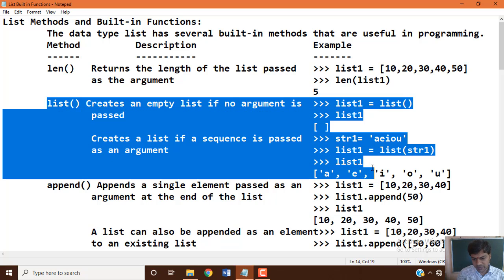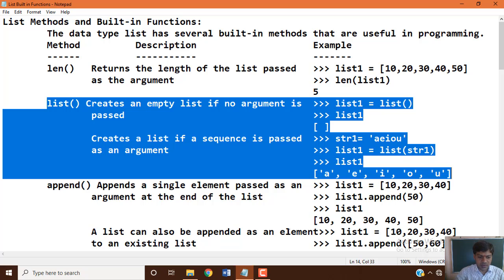Now we come to know how we can make use of the list built-in function in Python programming. There are different ways you can use it. Here we passed a string variable as an argument. We can also pass an integer variable, a floating value, or a tuple or a list. This is how we can make use of the list built-in function.